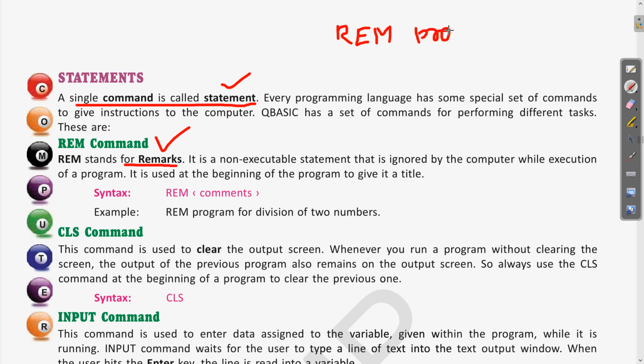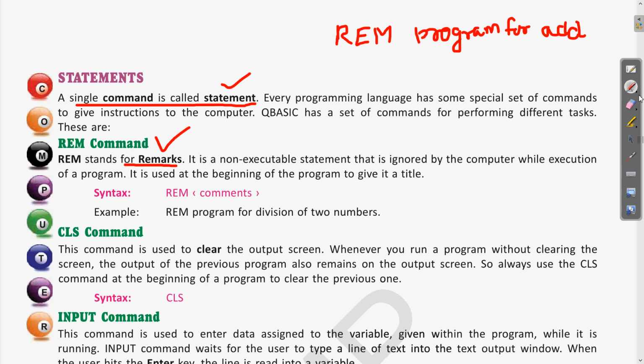Clear? This is a statement which can be written at the top or the beginning of the program. So if we write program for addition, this can be written with the rem command.